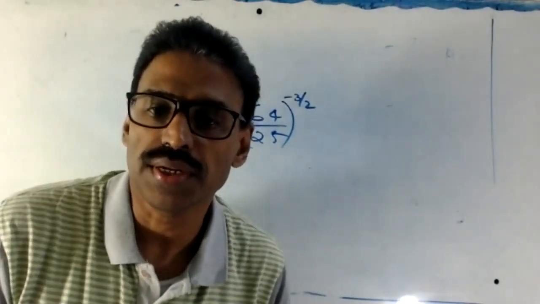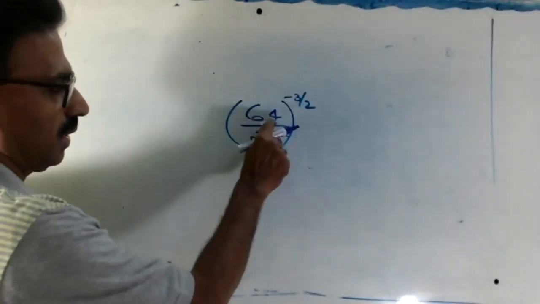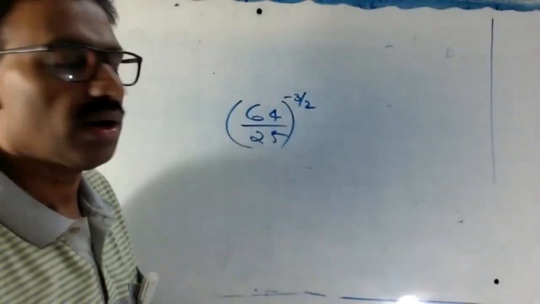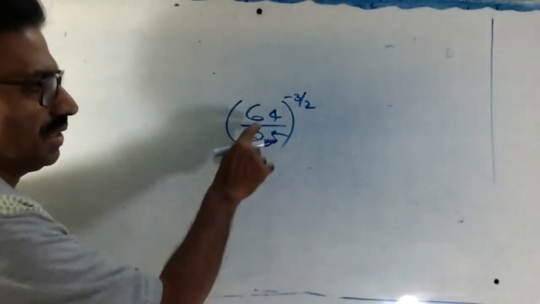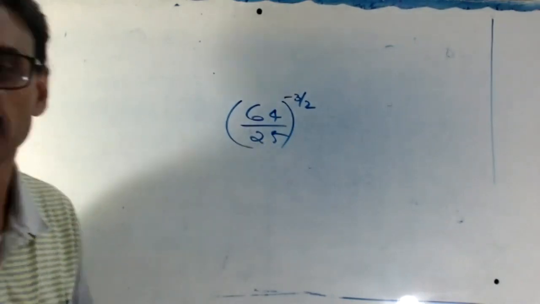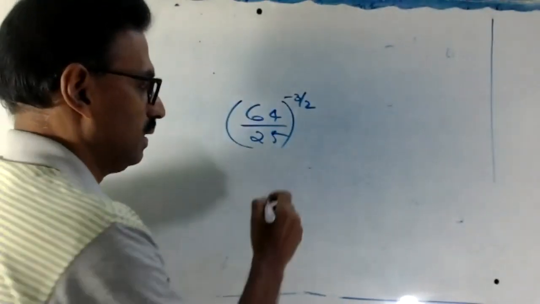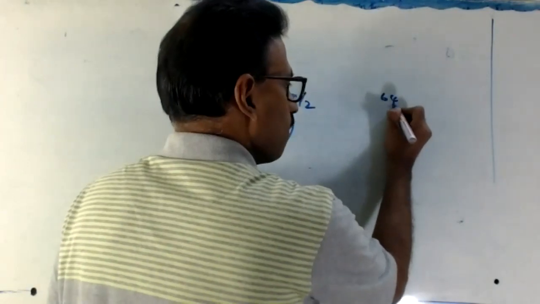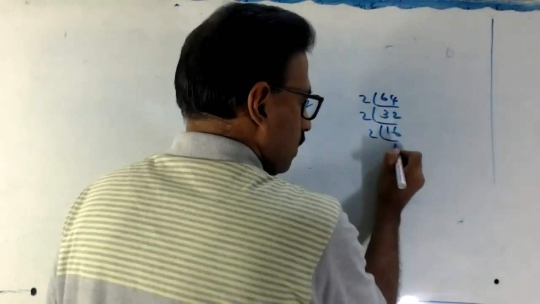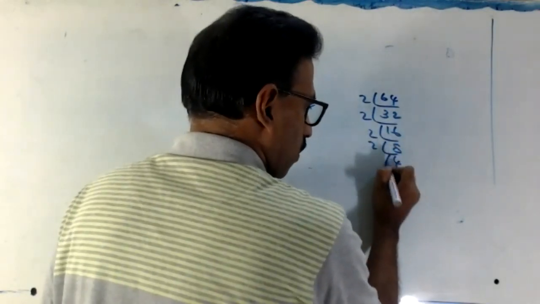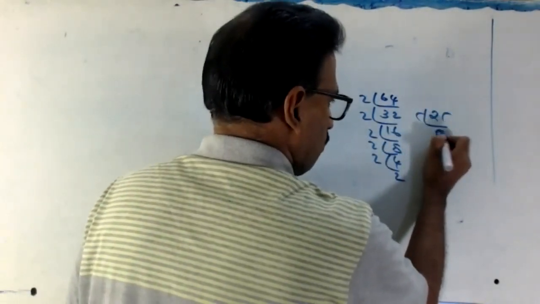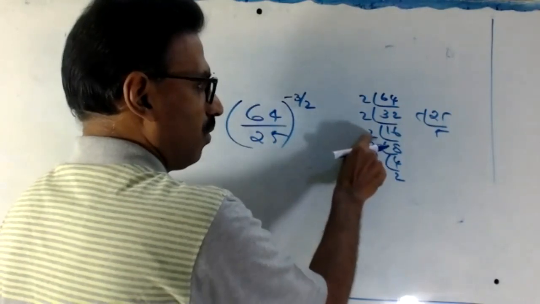Okay, so finished now, right? Listen here. This one, 64 is, look here, this is 2 here, right? Or that method, it is 8 square, 8 by 25 square whole square. You can follow that? Okay, listen. Or we can find 64: 2, 32, 2, 16, 2, 8, 2, 4, 2, 2. 25, 5, 5. Okay, 1, 2, 3, 4, 5, 6.